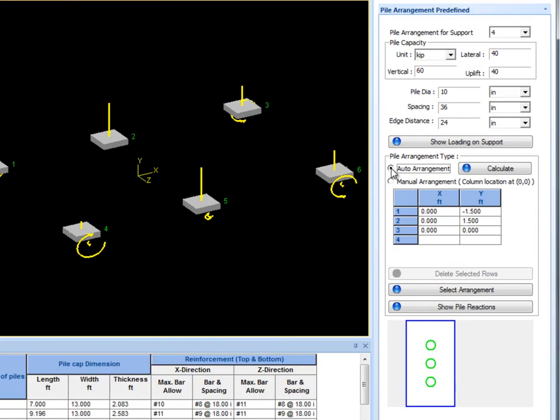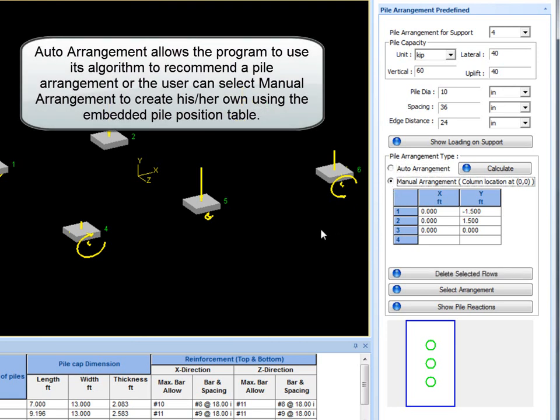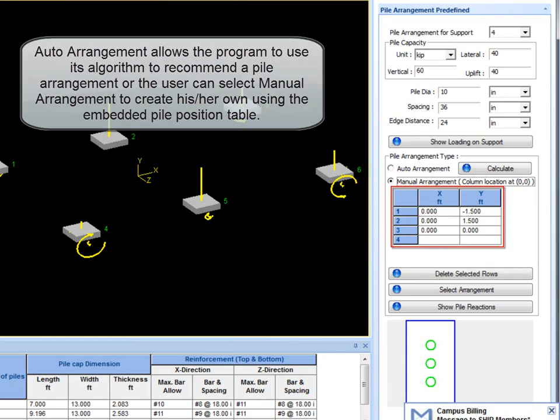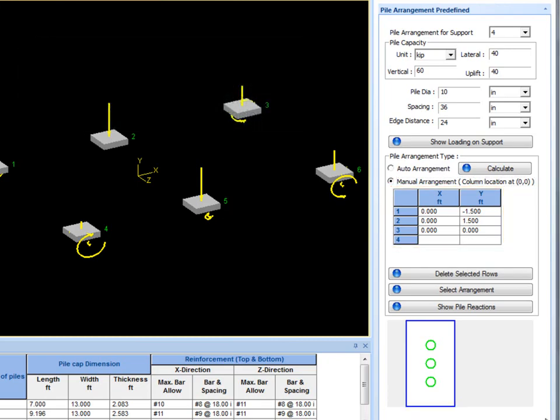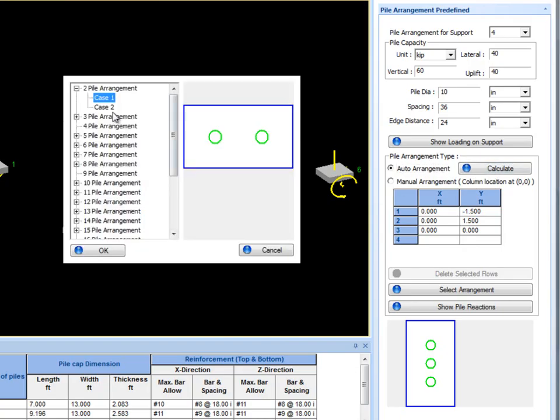The predefined setup calculates the most efficient pile arrangement using pile data and load cases using auto arrangement or manual arrangement. Auto arrangement allows the program to use its algorithm to recommend a pile arrangement, or the user can select manual arrangement to create his or her own using the embedded pile position table. To select an arrangement with auto arrangement, either go with the program recommended option or select a new one and